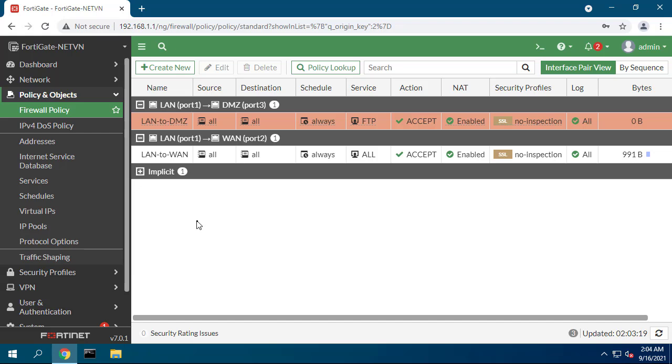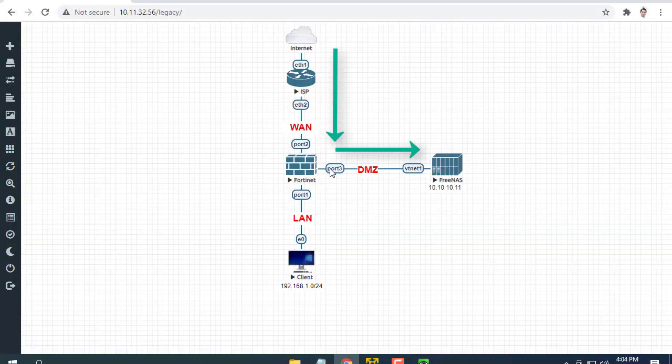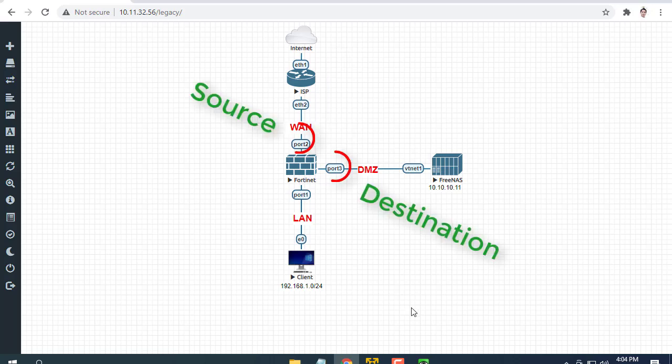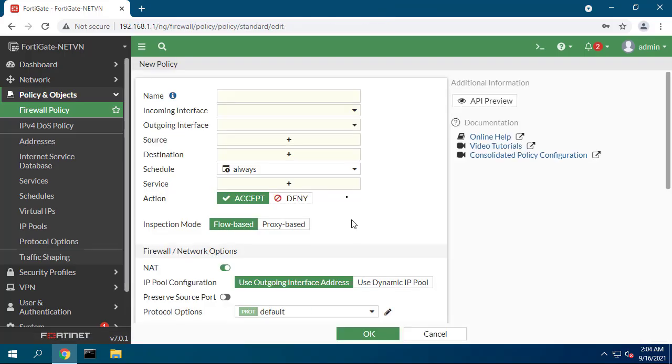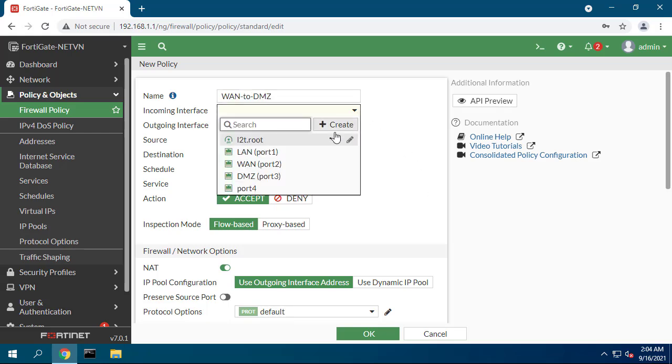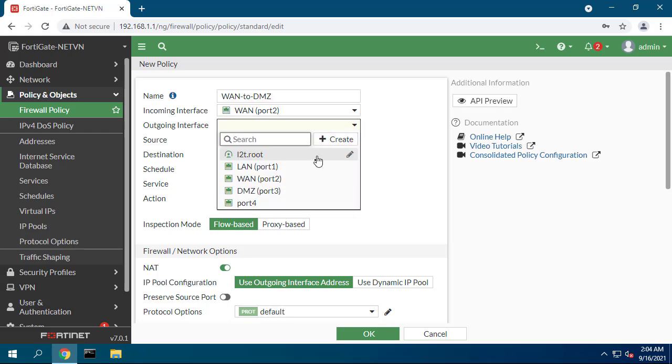Create a third firewall policy to allow FTP traffic from the Internet to the file server. Set the incoming interface to the WAN interface and the outgoing interface to the DMZ interface.